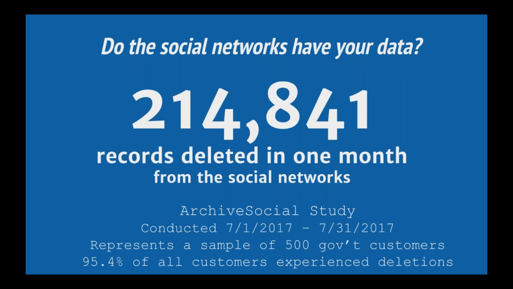And so again, in this one survey, we were able to show how much content gets lost off the social network. Again, it could be crime tips, could be citizen complaints. It could be a question the citizen asked that was relevant to how you responded to something in a thread. And because they can delete their social networking profiles, this information will disappear off the network and you won't even know. And so you'll essentially be in a position where you're unable to fulfill records requests or unable to comply with public records requirements, and you won't even know it because the networks really aren't built for social media